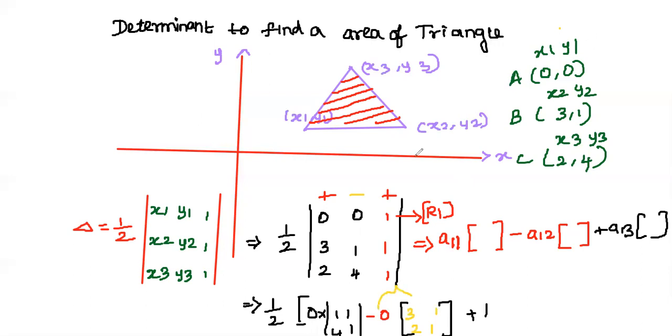Okay. So now it is A13. A13 is 1. And again, for finding its minor, cut its corresponding row and corresponding column. So we are left with 3, 1, 2, 4. So that will be in the minor. 3, 1, 2, 4. So you have half into 0 times its minor and minus 0 times its minor plus 1 into 3, 1, 2, 4. I'm doing this simplification over here. I'm going to assume this entire part as 0, this part as 0, and I'm left with only 1 times the determinant 3, 1, 2, 4.